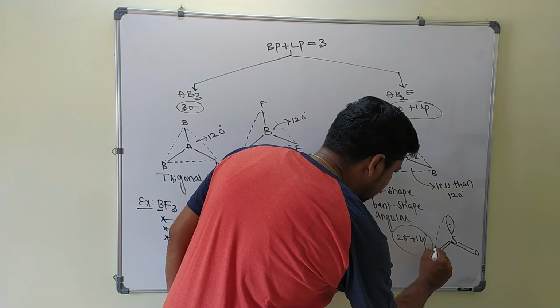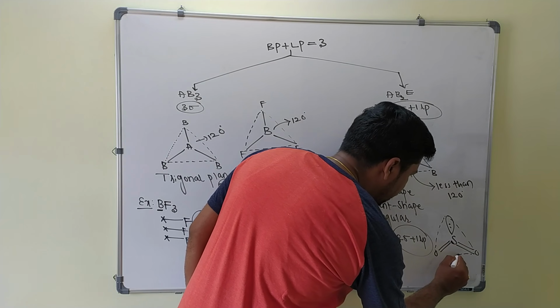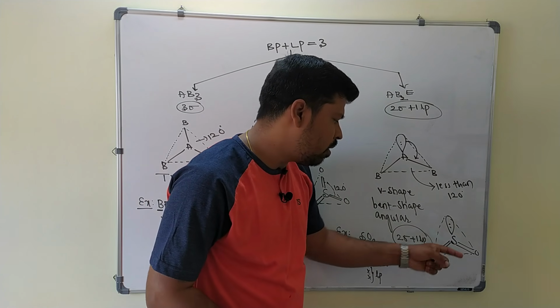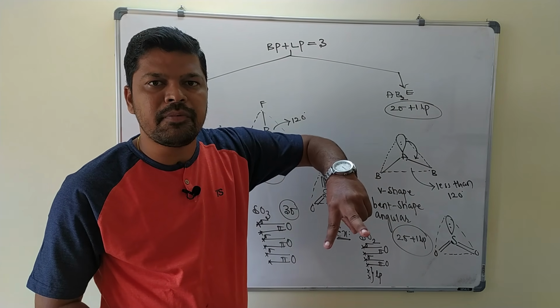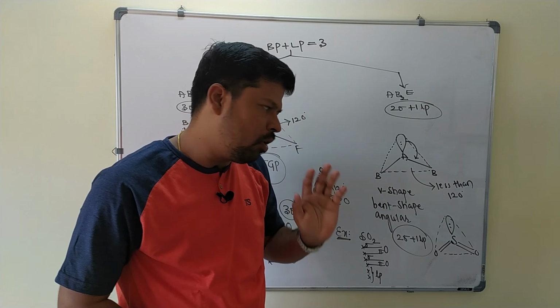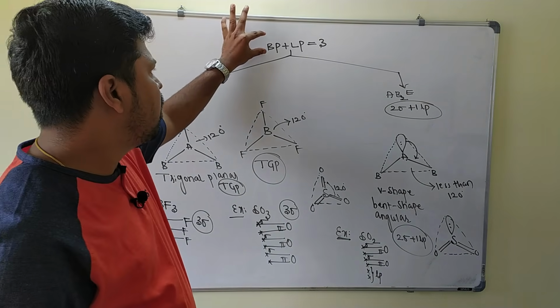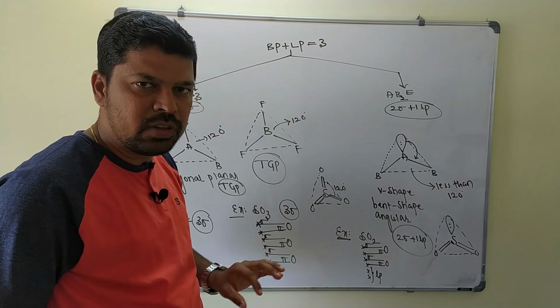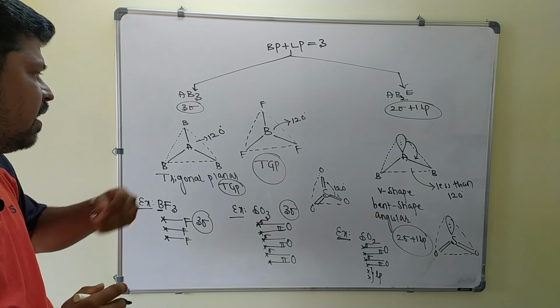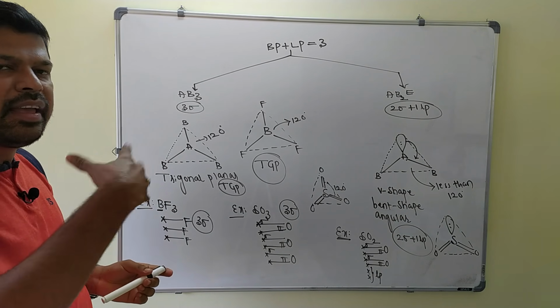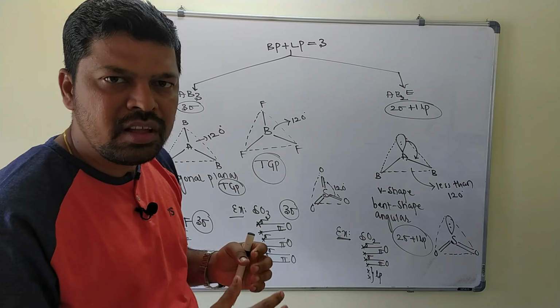And what is the shape of the molecule here? Again it is a V shape or bent shape, because 2 sigma bonds are arranged like this. Shape of the molecule is only the arrangement of bond pairs. So this is the total number of bond pair plus lone pair will be equal to 3, this type of the molecules. Next type of the molecule we will go for,